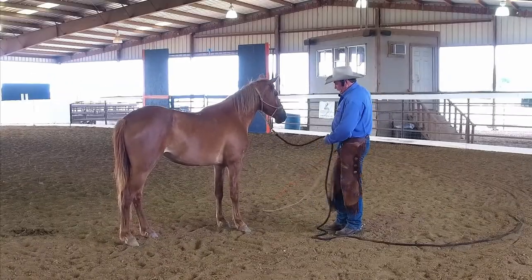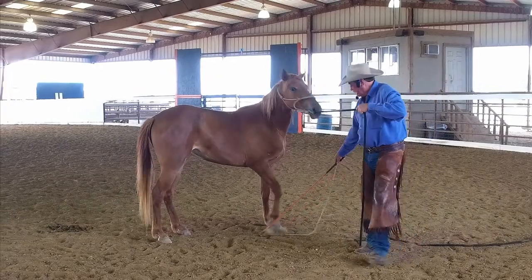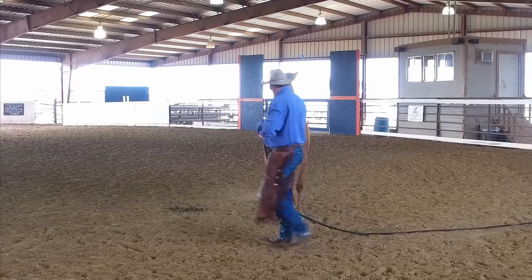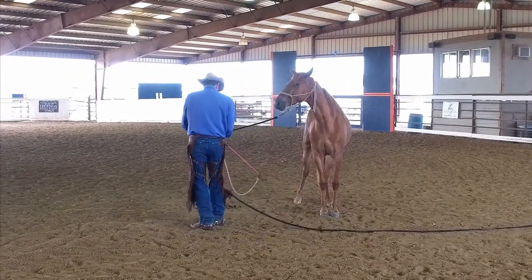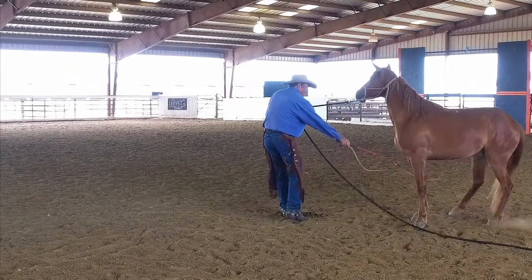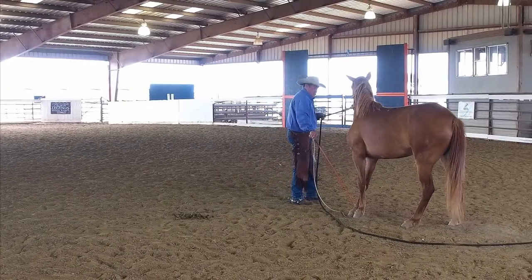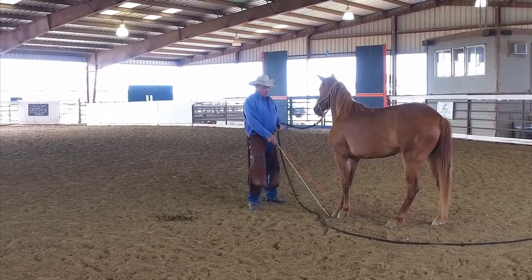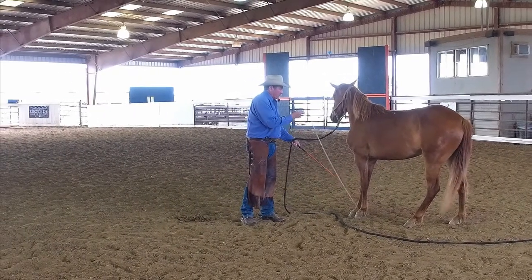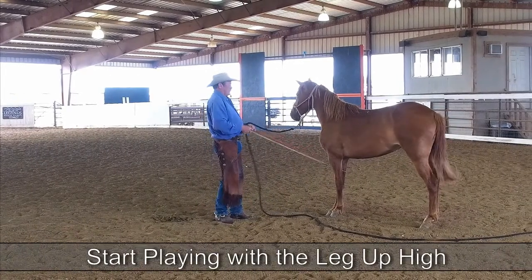We'll start with the right front foot, okay? And if we can get her to step into that rope accidentally, then we can do little things here. Or maybe, just maybe, we can get this here. We can start to put a little rhythm, but look where we're going to start. Ready? Watch. Up high, not down low. We're going to see if we can get confidence